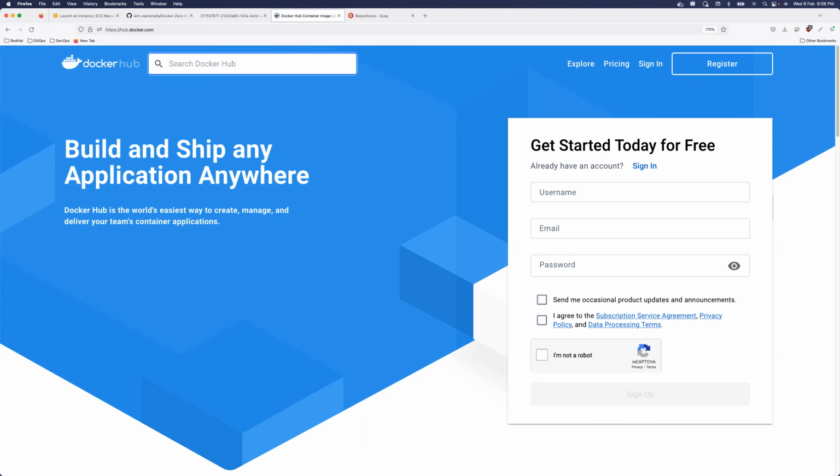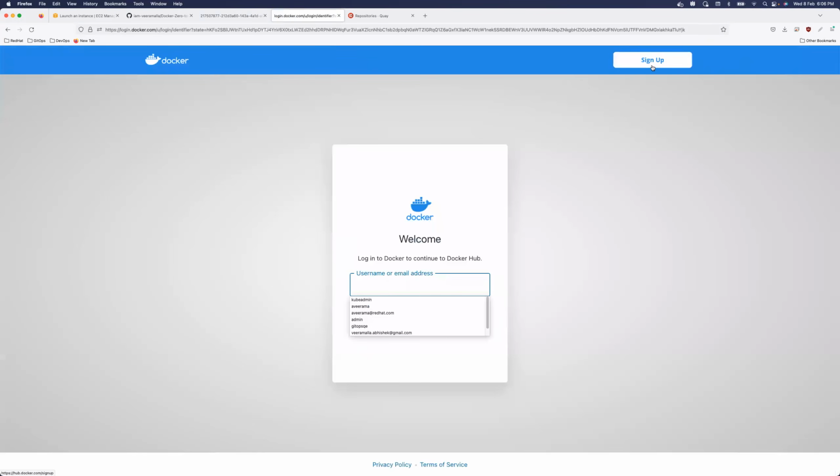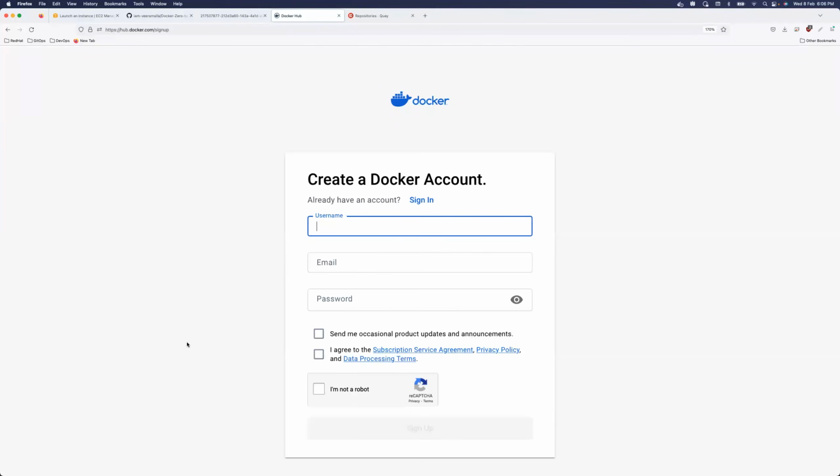What you have to do first is sign in. If you have an account, you can sign in. If you don't have an account, you can click on sign up and create your first Docker account. It's very basic steps. Just provide your username, email, and password, and you can create an account. I already have an account, so I'm not creating one here, but you shouldn't get any error. Don't worry about it. Just provide all of these details and you will create your Docker login. Why do you need to create a Docker login?